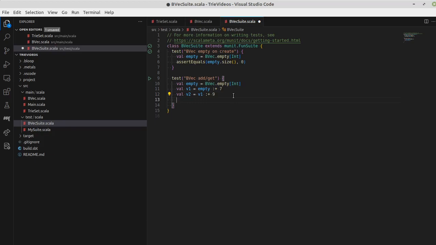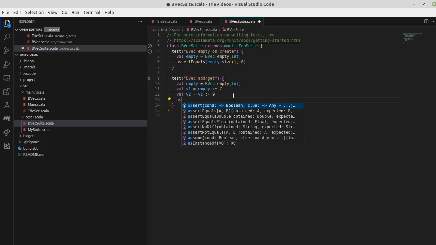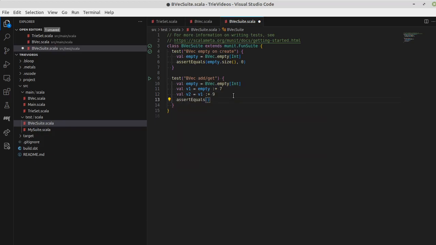And then we should be able to do an assert equals on v2